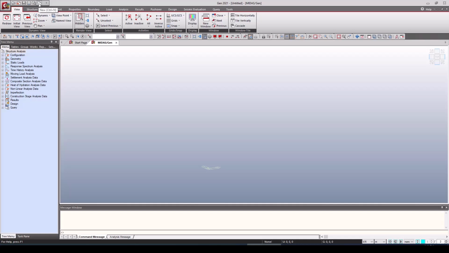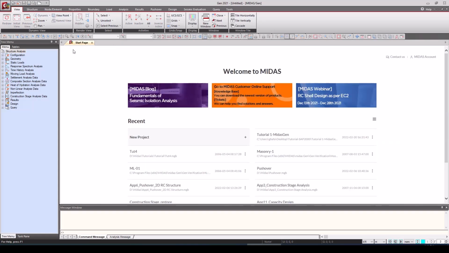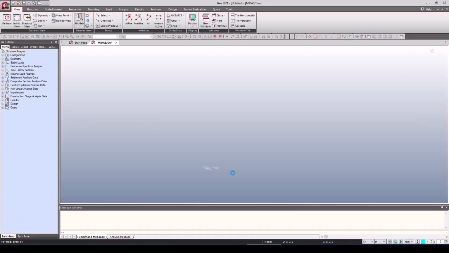So here is the interface. We have a menu, and also a toolbar and some other shortcuts. When you start, you will see the start page. We go to start a project by New File, and in the new file, here is the GUI,